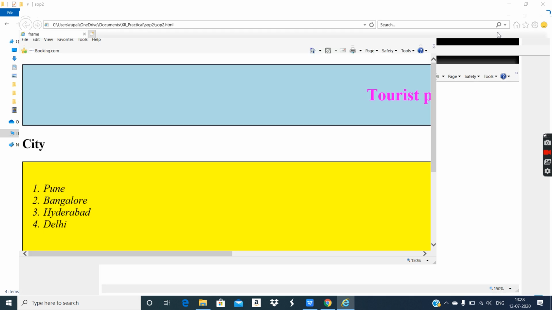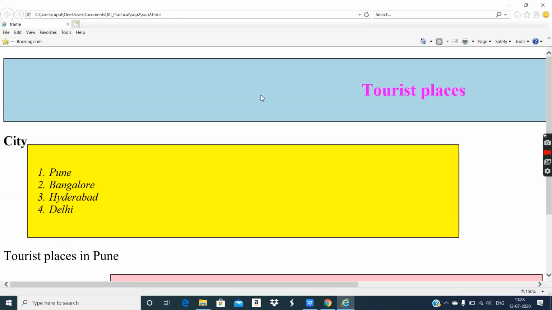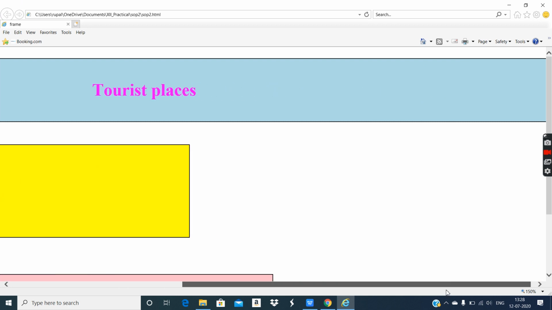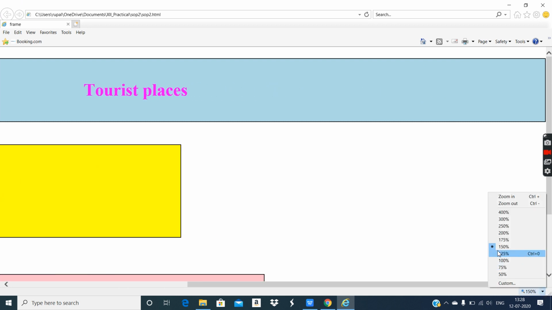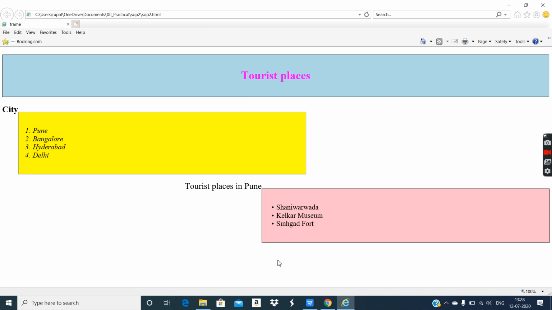But when I tried to do this, it looked very time consuming. I do not say it's not possible, it's definitely possible, but I'll reduce the zoom size. If there is no usage of division, semantics, or table, the solution may look like this. The header section is definitely created successfully, and this header section will already have a blue background color as per the given question, but this text will not have a separate background color. So that is one shortcoming.